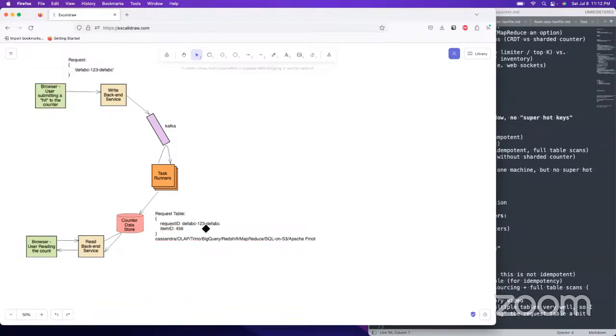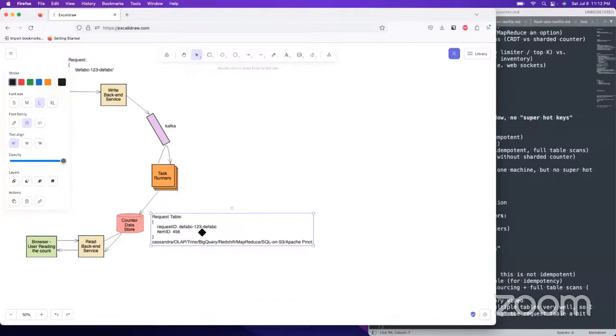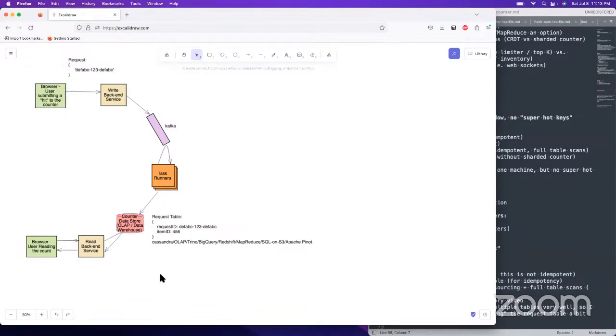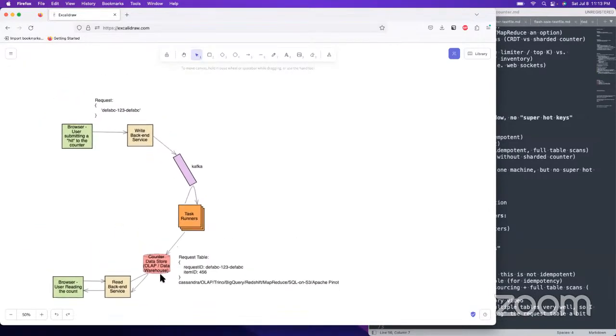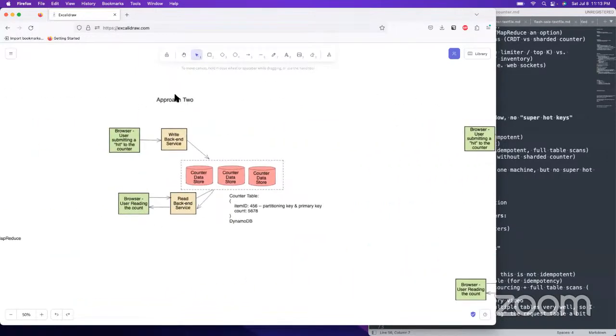There's a lot of different things for this, and you really don't see them a whole lot in traditional system design interview problems. They don't really go over data warehousing, but that's what the data store becomes in this case: it's OLAP / data warehouse. And yeah, you really do not see this a whole lot in traditional system design interviews. So it's kind of important to cover this. So that is approach 3.